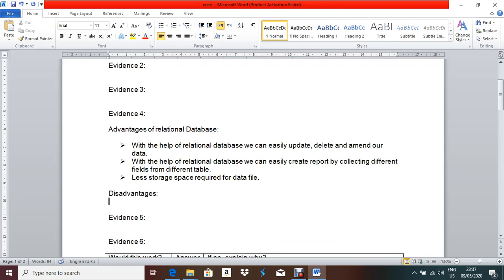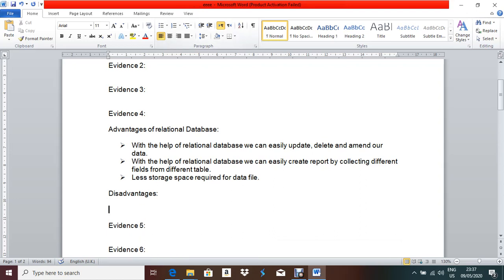So the first disadvantage, just give one space, give some arrow. What will be the disadvantage? If you don't know about databases, then it will be very difficult to make a relational table, a complex relational table. In our class or in the exam, we are dealing with 2 tables, 3 tables. Just think, if you are creating a database which consists of more than 50 tables, it will be difficult to make the relationships, okay, if you are not an expert in this area. So it is complex to set up a relational database.